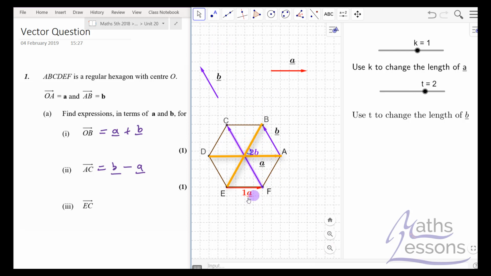put that on the end of there. 1A plus 2B will get me from E to C. So it's 1A plus 2B. So I hope that little demonstration there helps you work out how to move using just the vectors given